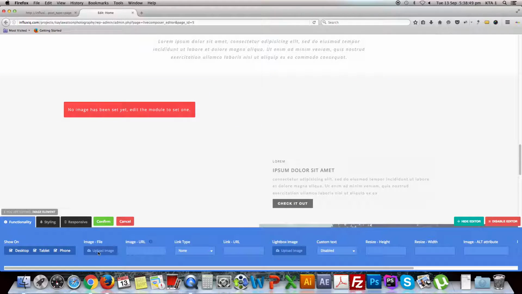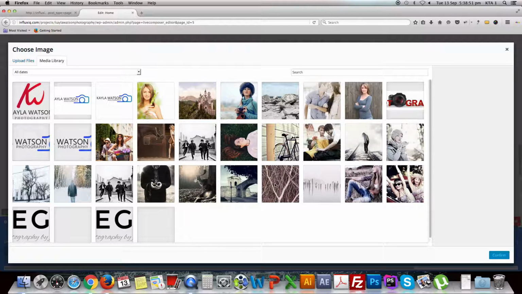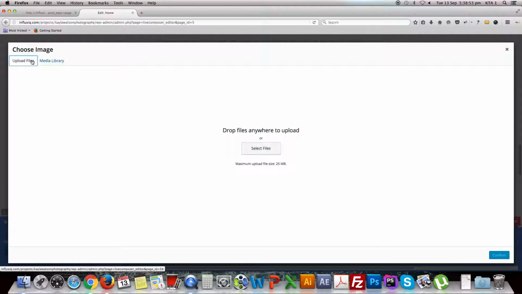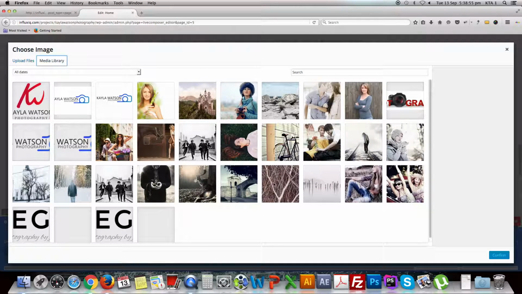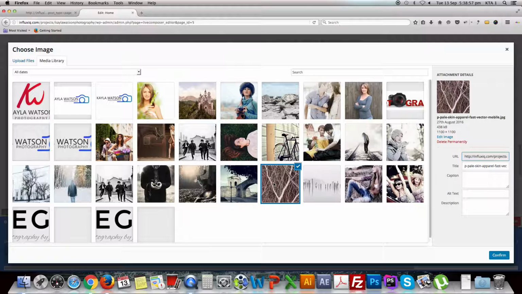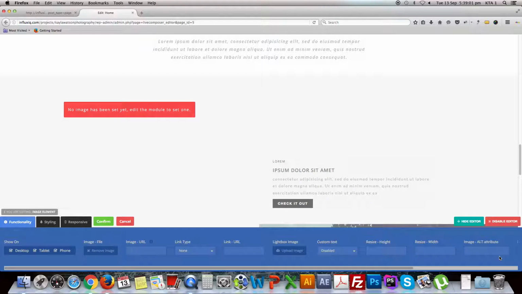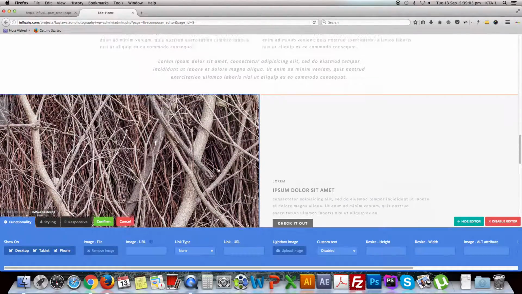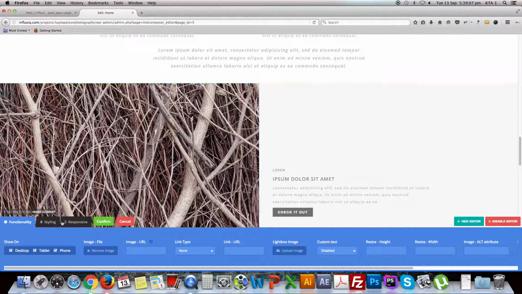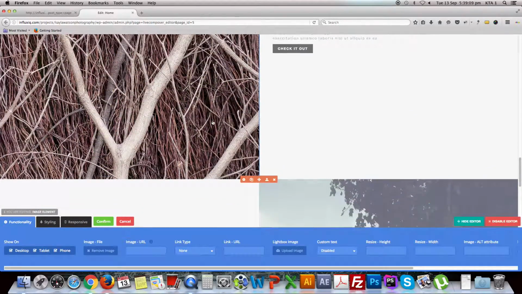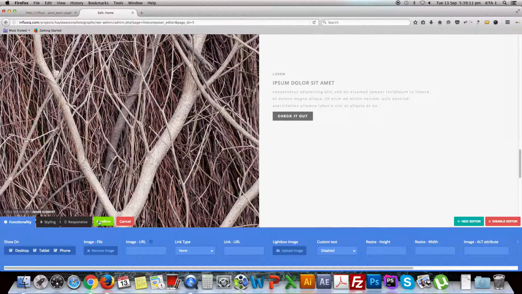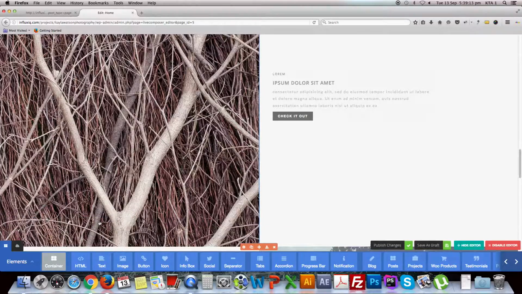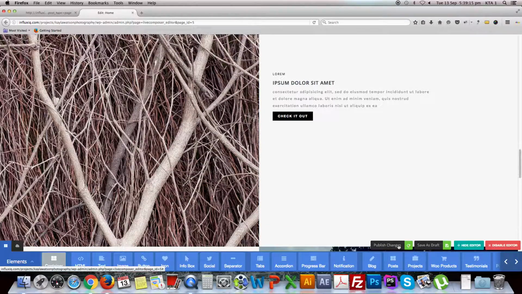Once the image is removed, click upload image, then either upload a file or choose one from the media library. Select the image and click confirm. Once the image is completely uploaded, click confirm, then click publish changes.